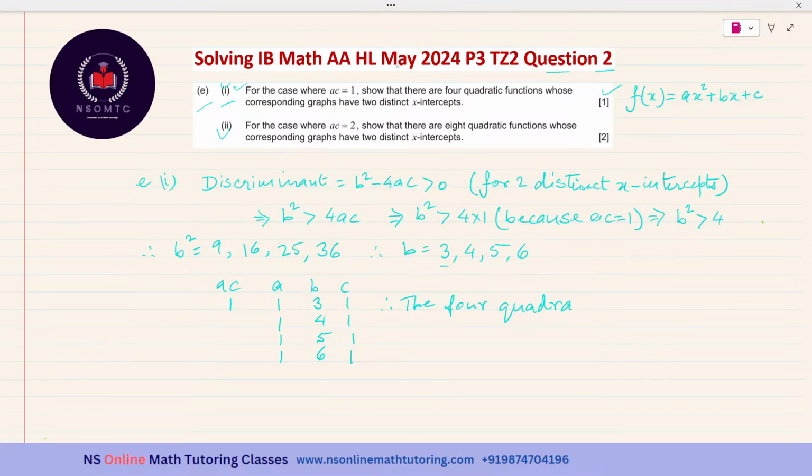So this you have understood. This can be got only when E equal to 1 and C equal to 1. Only then can you have the product as 1. So 4 quadratic functions